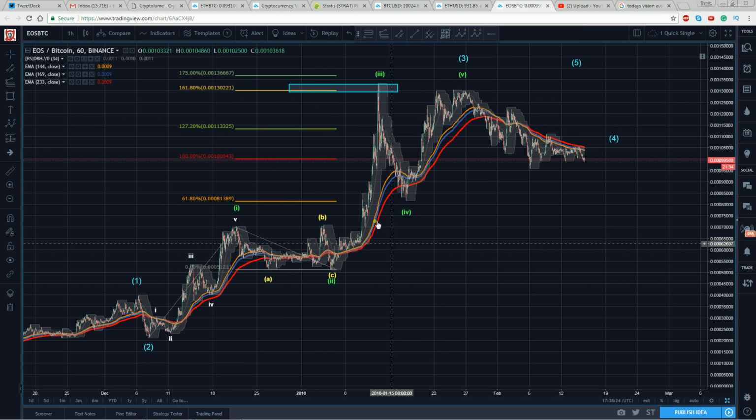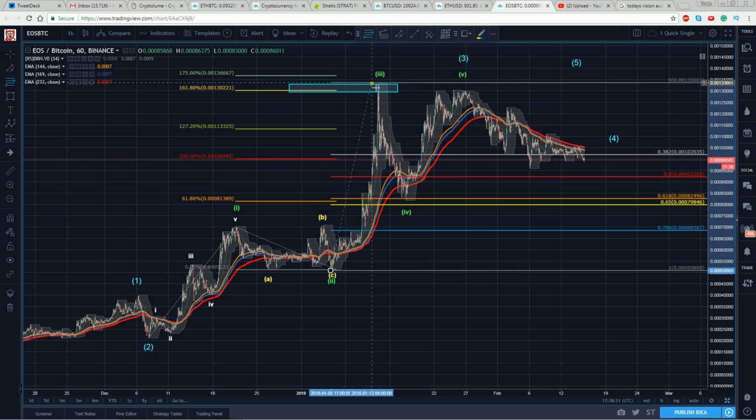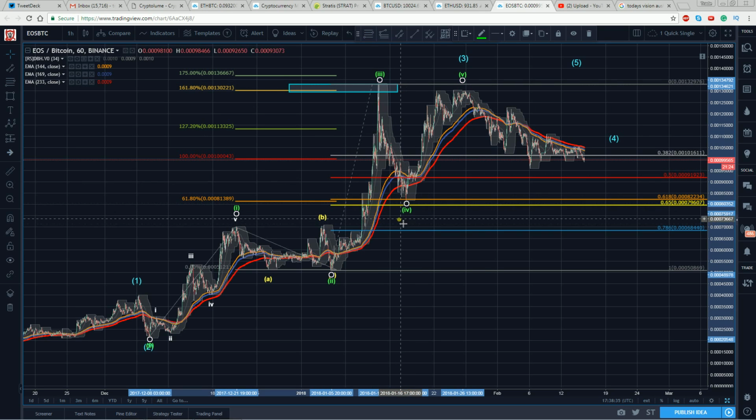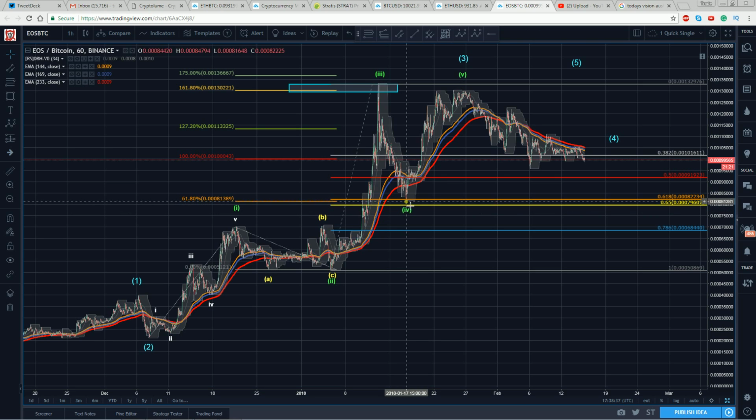So looking at that now, let's take that off and say, okay, well, would that make sense? Again, in the kind of reverse engineering context. Well, if this is my 2, I'm going to look for a relationship between the 3 and the 4. What do I get here? Right into the golden pocket. I mean, it just dabs a toe right on the other side of the 618, right into the golden zone. So couldn't be any more perfect.